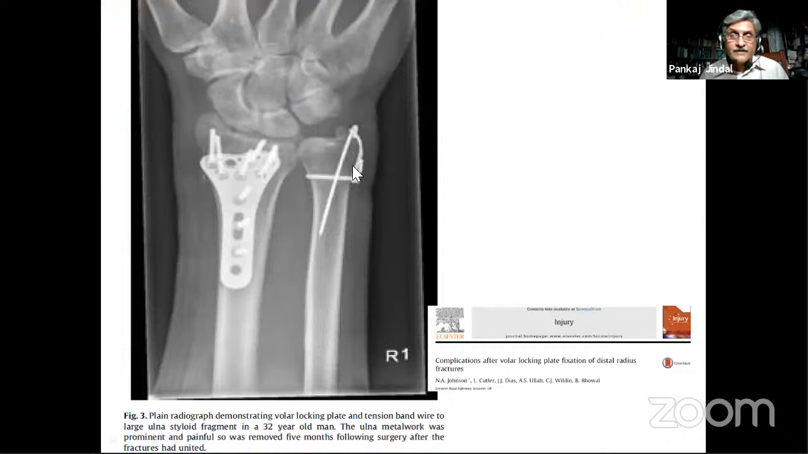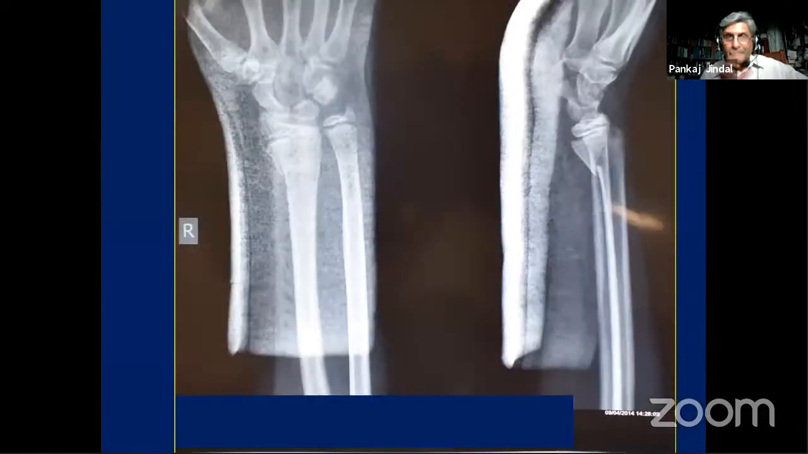This screw, this tension band wire was prominent under the skin, and this had to be removed after the healing has been completed, which means at least 2 to 3 months, when this tension band wire can be removed here. This was yet another boy, skeletally immature, who had a fracture of the distal radius here,